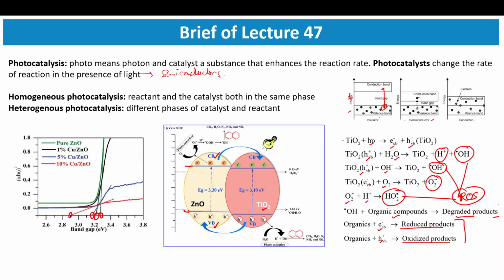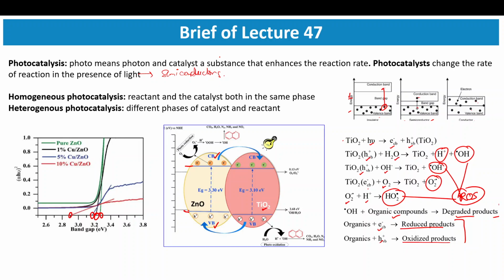Conductors have merged valence and conduction bands, while for insulators the conduction and valence bands have a very high difference in energy, which means they have a very